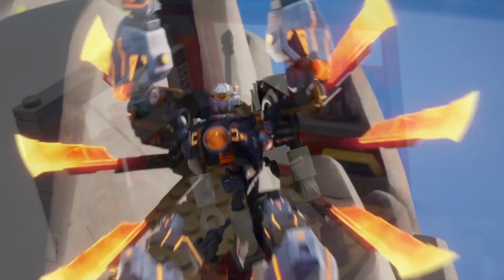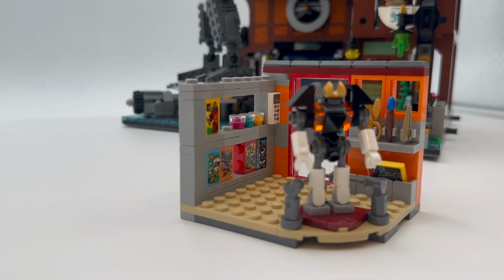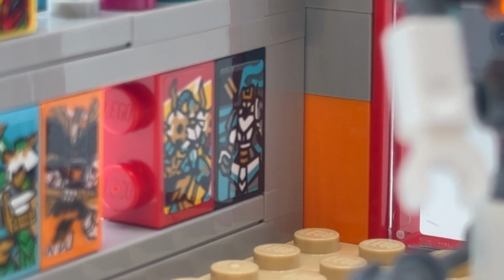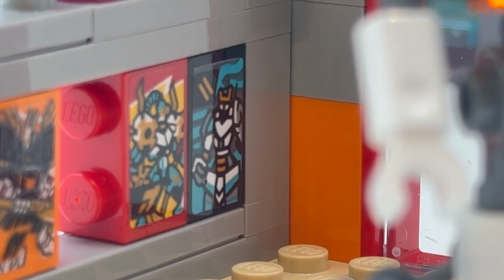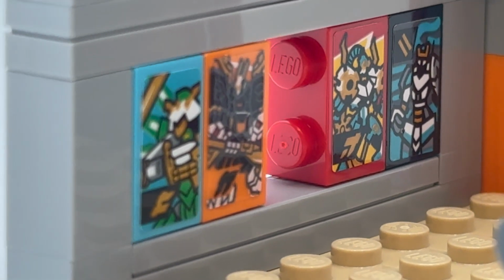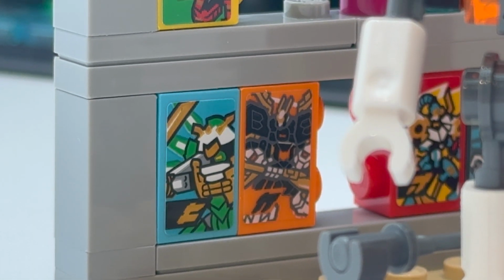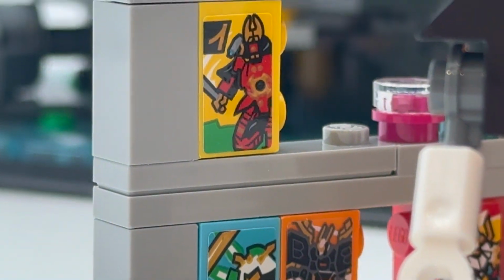One of my favorite details is along the shelf, you can see different iterations of the Titan Mech series. Zane's Titan Mech from Ninjago Legacy, Jay's Titan Mech from Core, Cole's Titan Dragon Mech from Dragon's Rising Season 2, and Lloyd's Titan Mech from Secrets of the Forbidden Spinjitzu. On the top, you can see the mech that started it all, which is the Samurai X mech for Nia,